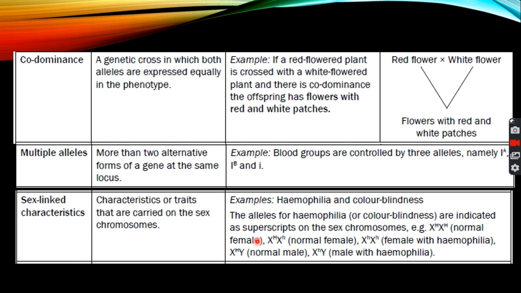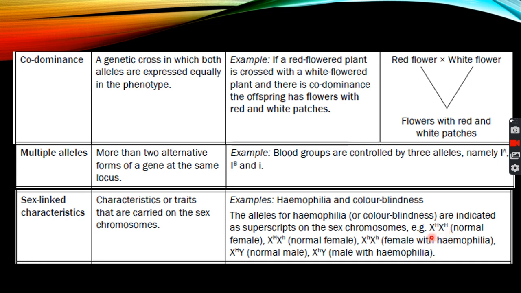So if you are normal as a female, then you have two X's and the H is superscript. That's what we're talking about. So as you can see here, for example, a female gets X with a big letter H, and the other X with a big letter H. That tells you that you are normal. You can also be normal